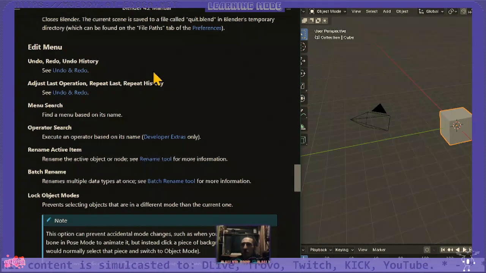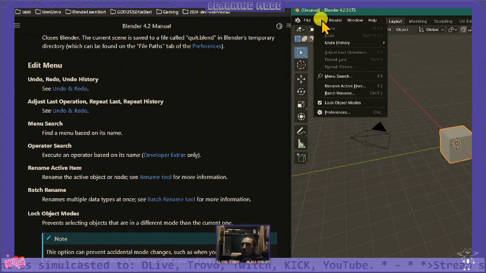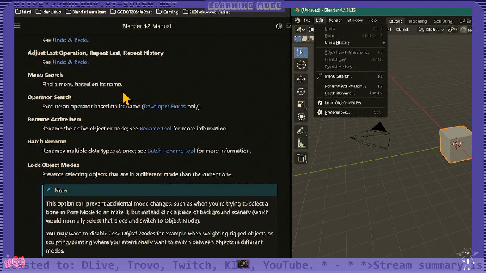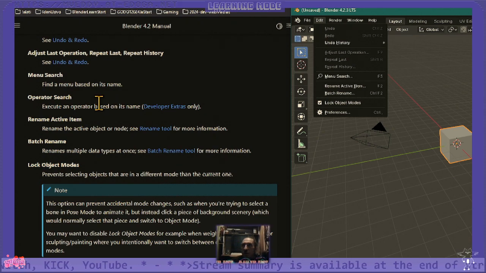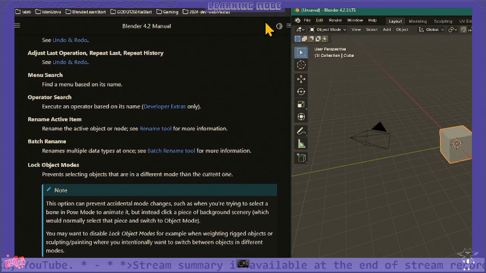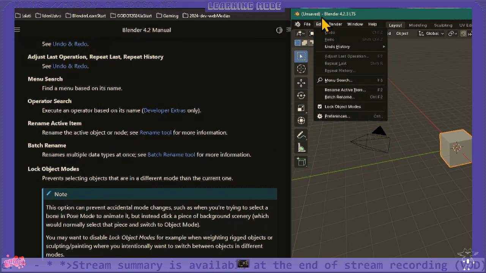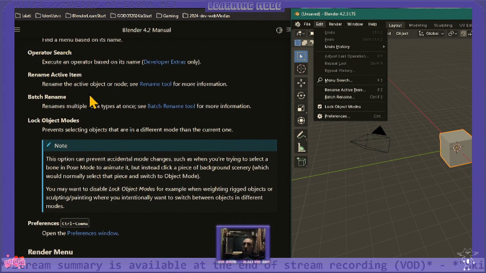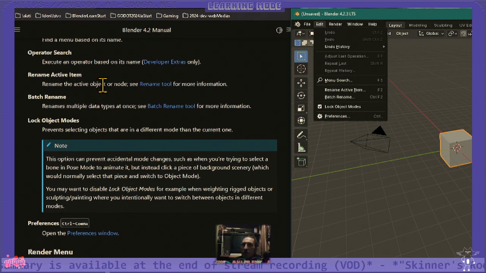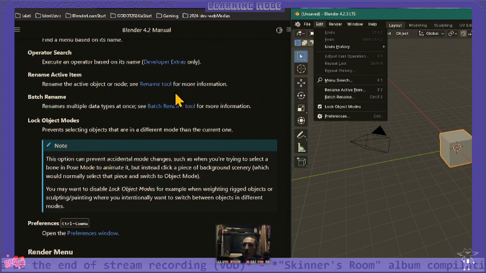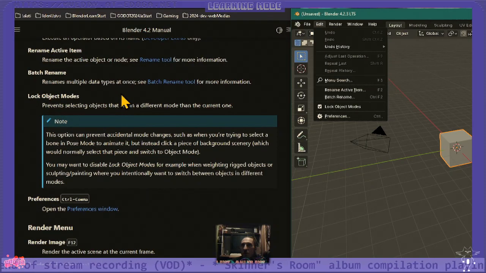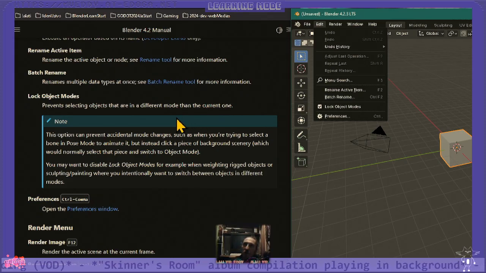Edit menu. Edit menu, undo, redo, undo history, adjust last operation, menu search, operator search, rename active item, rename tool, okay, rename active item, batch rename, that's cool, renames multiple data types at once, lock object modes, prevents